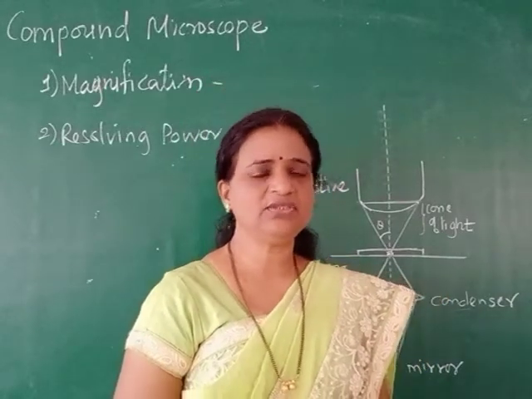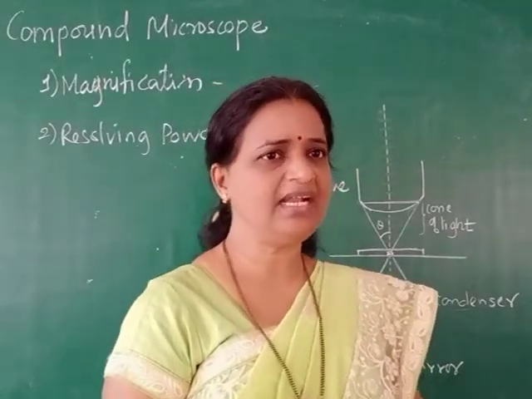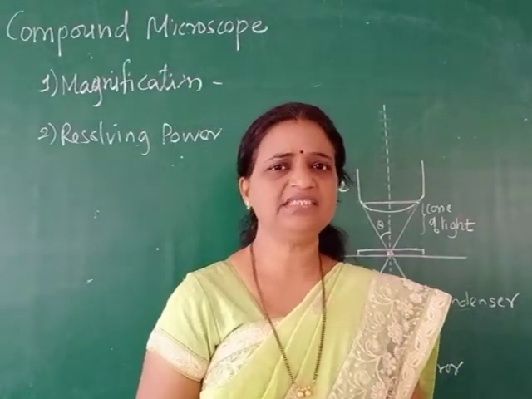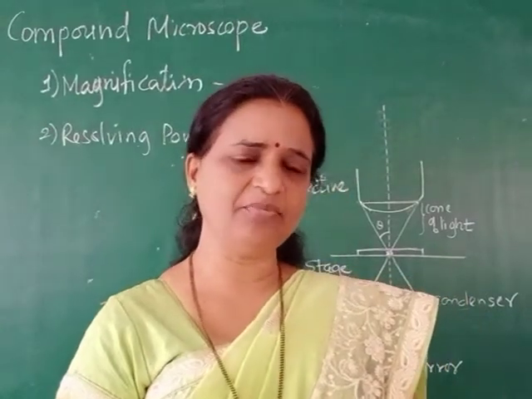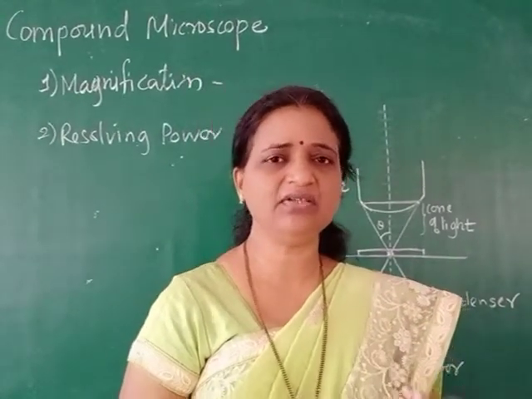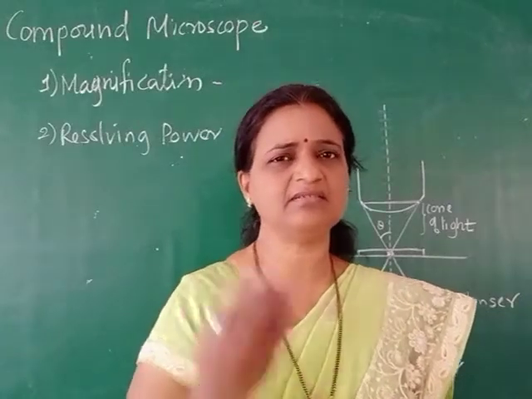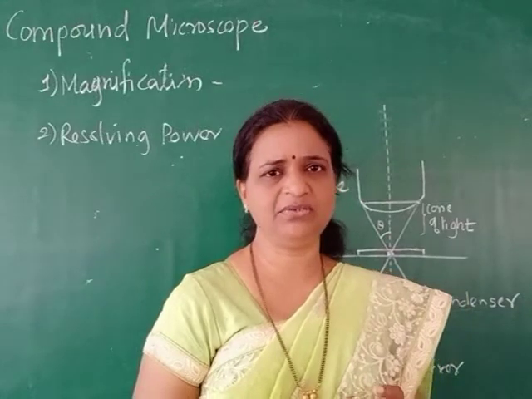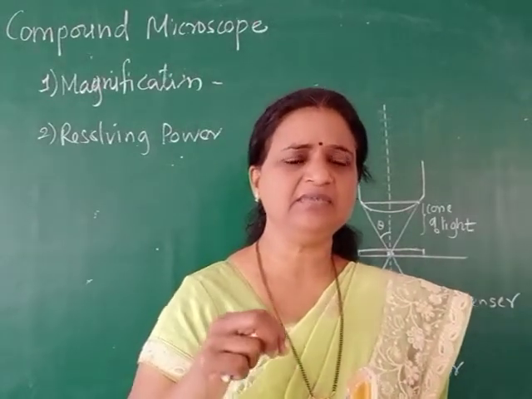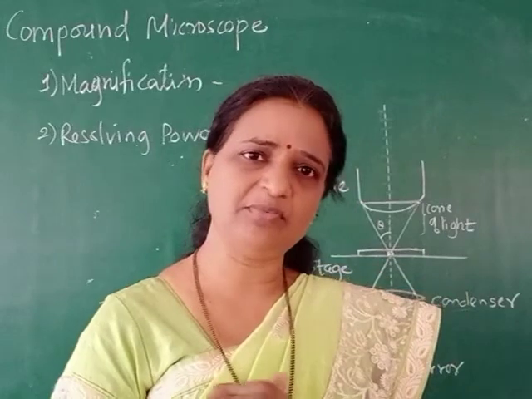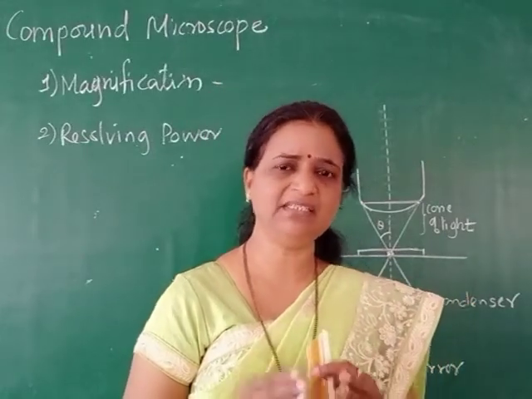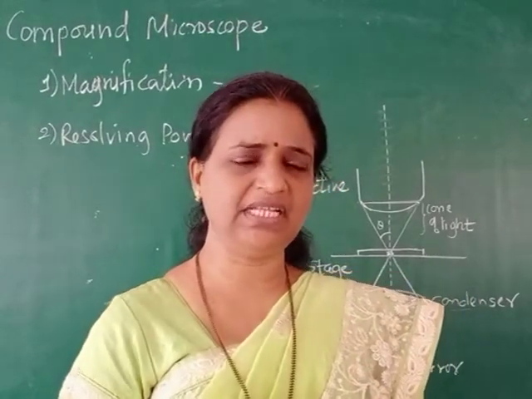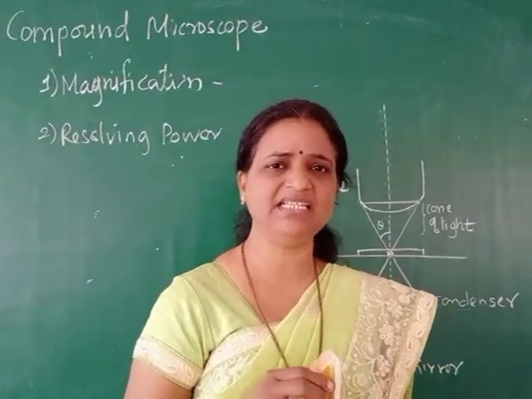As I told, in the case of a compound microscope, the objective and eyepiece are the two magnifying lenses. When the condenser focuses the light on our object, which is placed on the slide on the stage, that light passes through the object, that is our specimen, and enters the objective lens. Our specimen is placed outside the focal point of the objective lens, and when that light beam carrying an image of the object passes through the objective, it gives the first magnification, and this first magnified image is a real and inverted image.